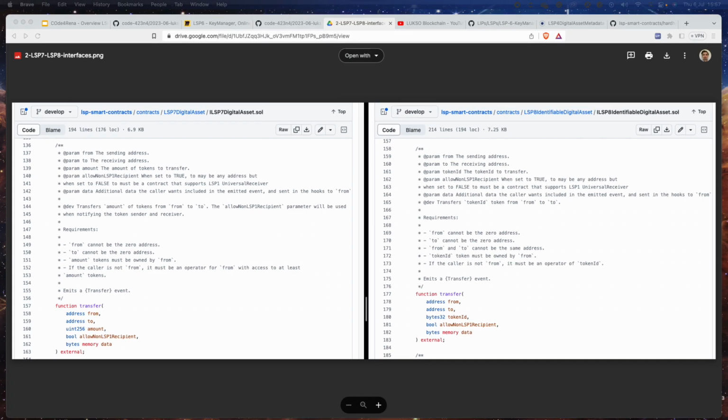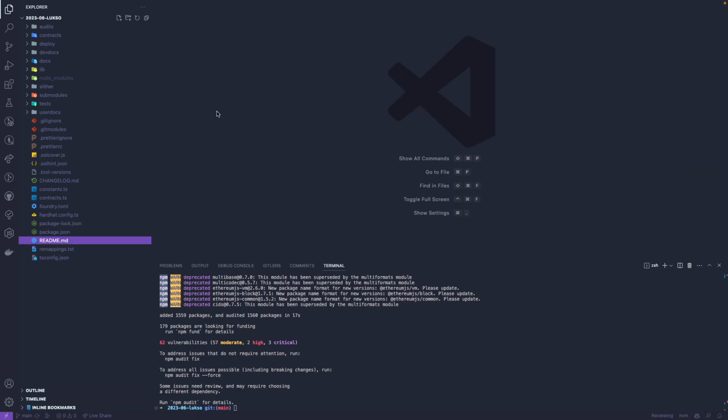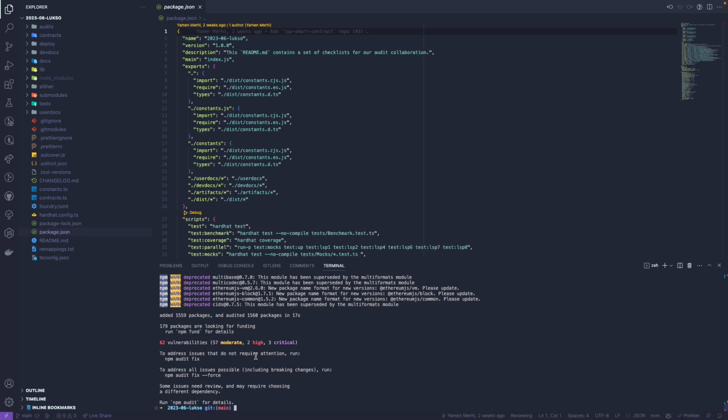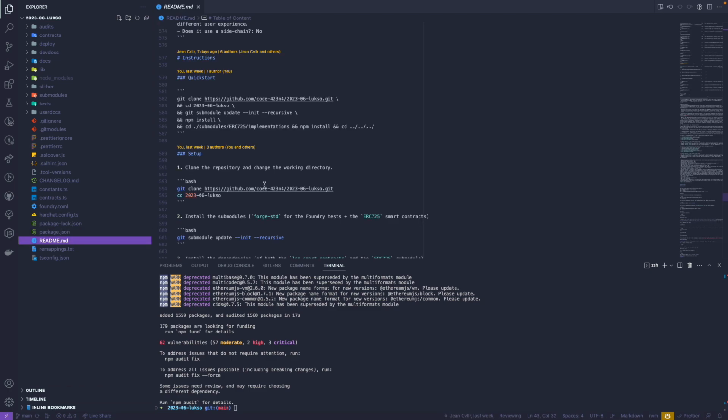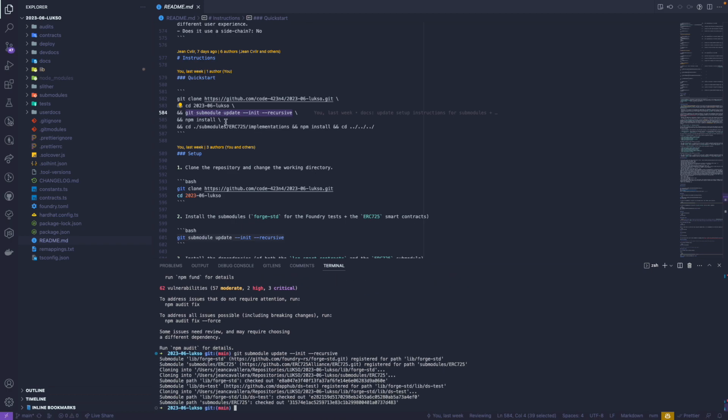I will quickly give some overview on the basic commands. First of all, for installing the contract, you'll see the quick start section. You simply have to clone the repo, go into it, and install all the submodules, meaning ERC725 and Foundry. So if you instantiate them like that, and then you run npm install,